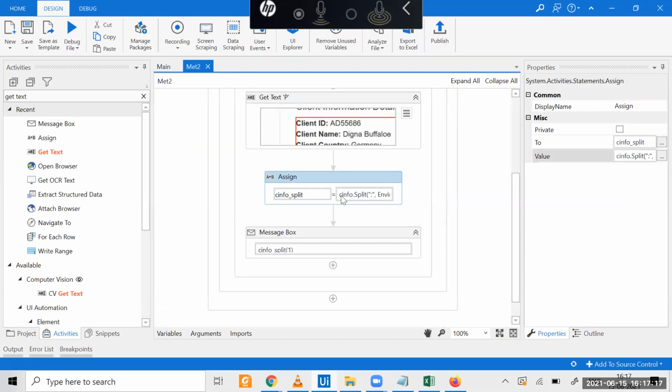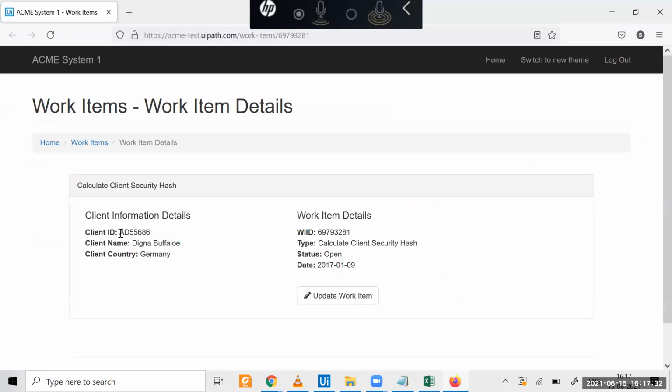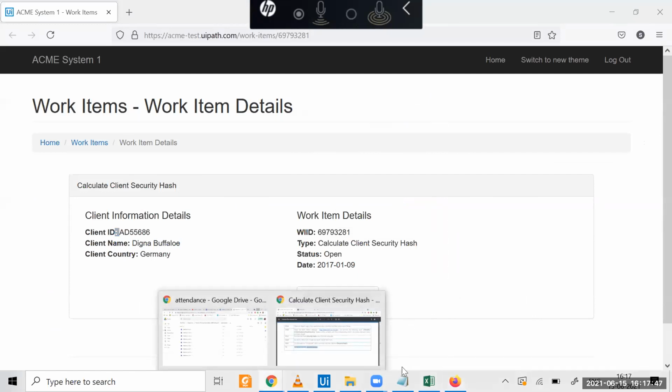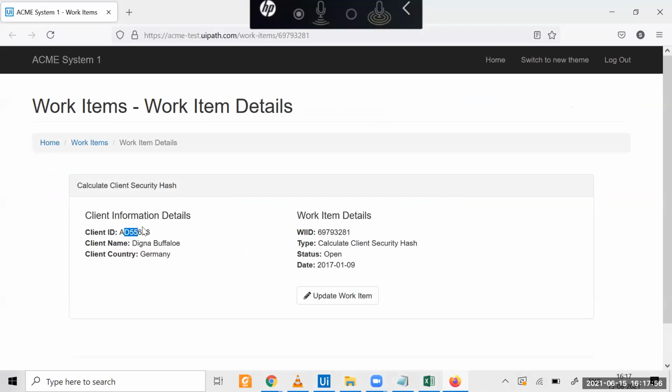We are telling, so this is B equal to, we stored all the C info part here. You take this value, split it according to the delimiter value. The delimiter is my colon. Split it and store that value in the new location. So it is getting stored index wise, 0, 1 and 2 index, up to how many? Basically, it's 6 values: Client ID 1, this is 2, this is 3, this is 4, this is 5, this is 6.